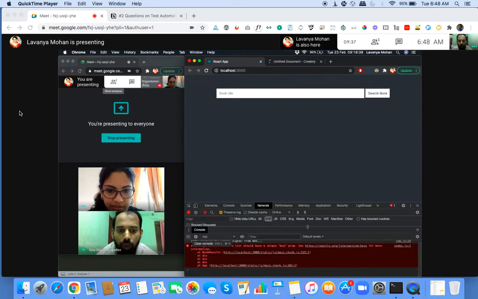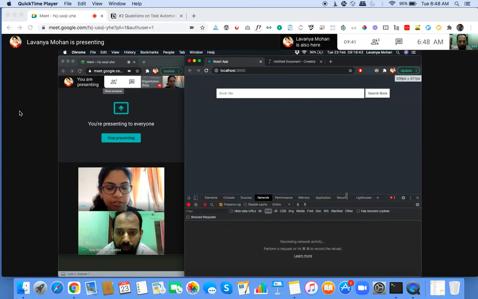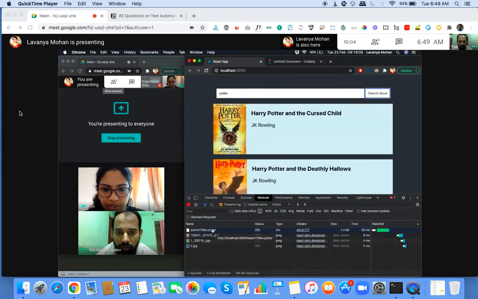Most browsers give us these developer tools, and we can look at what calls go on in the network tab. Maybe we could speak more in detail about this in the following sessions, but for now, we could just see what call is actually happening for this particular case. Let's say that we search for water. Then you see that there are a couple of network calls happening.